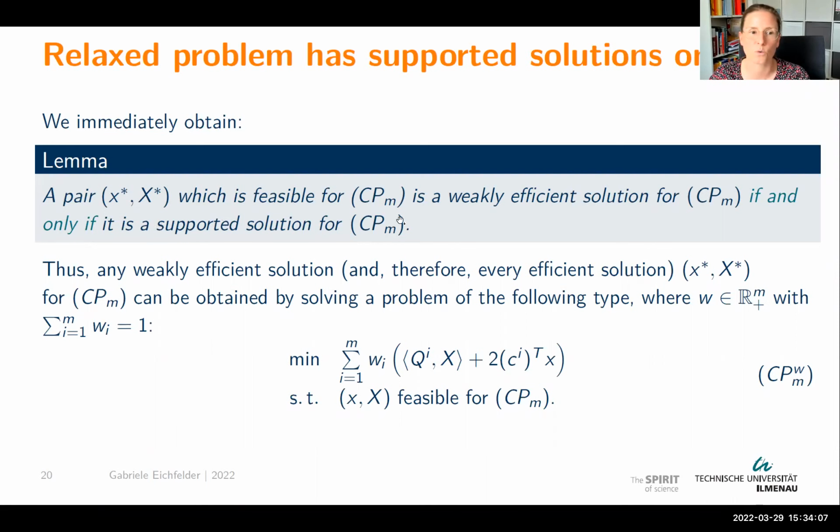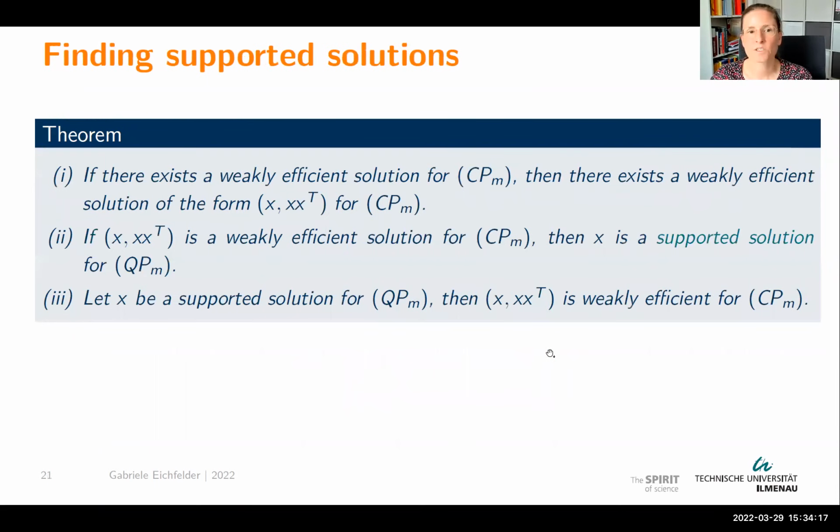So what is the supported solution of the relaxed problem? It just means you make a weighted sum of your objective functions, like we have seen on the other slides. And now we can check what we still have. So whenever we solve our relaxed problem with this completely positive cone and we find a weakly efficient solution, then we know there will also be a weakly efficient solution of the relaxed problem which has a rank 1 matrix. So far, so nice. If we take a rank 1 solution of our relaxed problem, then X, this vector which belongs to it, is in fact a solution of our original quadratic optimization problem.